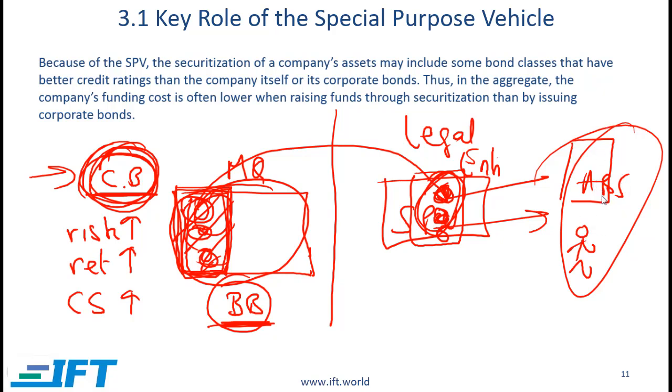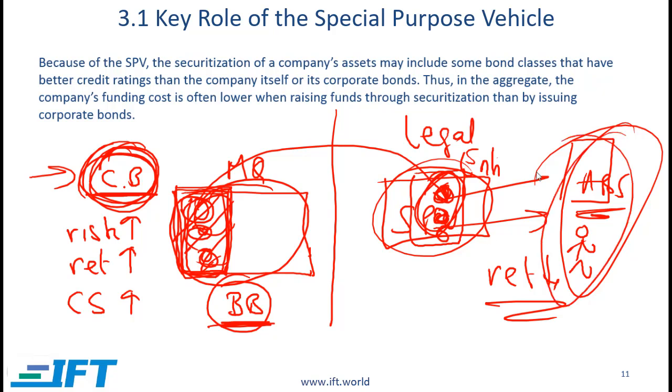In other words, there is this collateral that is legally protected, and because of that, the investors over here in this asset-backed scenario with the special purpose vehicle will be willing to invest with a lower return. Since investors are happier with a lower return, the funding cost also becomes lower. Remember, the return for the investor is the cost for the issuing entity. So that is the main point.